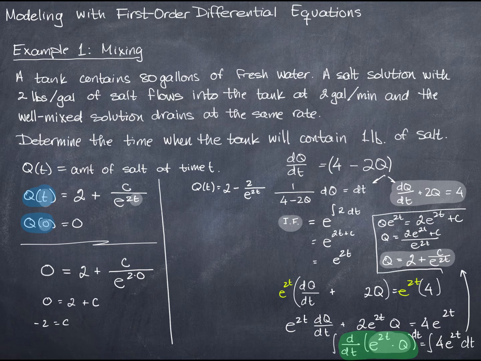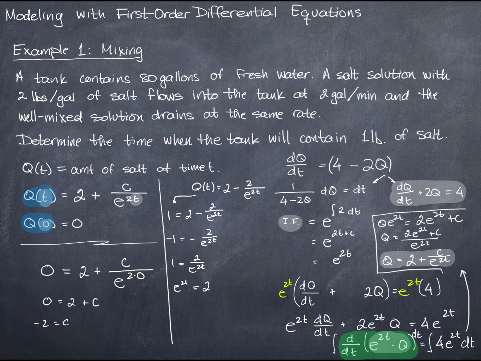So now I need to figure out what t is when the amount of salt is 1. So let's substitute that in. 1, the amount of salt we want, 1 pound, is equal to 2 minus 2 over e to the 2t. Solve that for t? Well, let's subtract 2 from both sides. I get negative 1 equals negative 2 over e to the 2t. So positive 1 is going to be equal to positive 2 over e to the 2t. That means, multiplying both sides by e to the 2t, e to the 2t